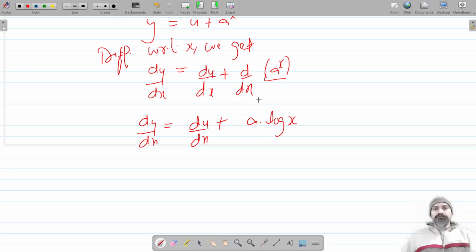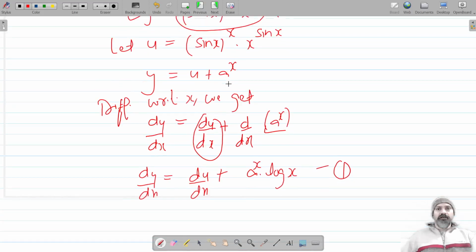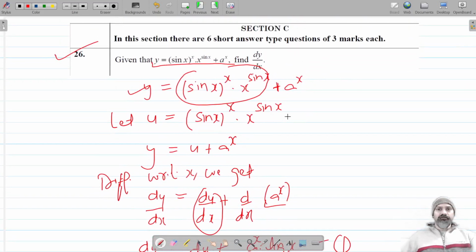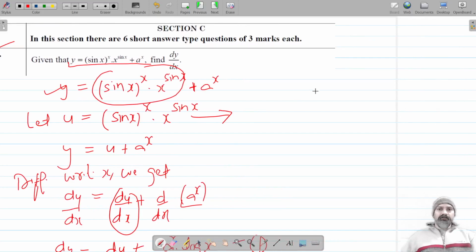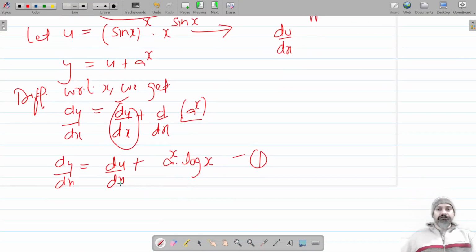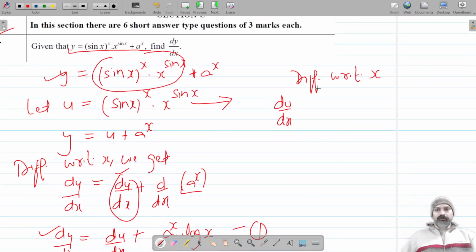Okay, sorry, this is differentiation of a raised power x into log x. Let this be equation 1. Now we have to find du by dx. Let's consider our first substitution, this one, and differentiating this with respect to x, we will get our du by dx, and we will replace this in the first equation. So du by dx is the differentiation of, okay, to differentiate this,